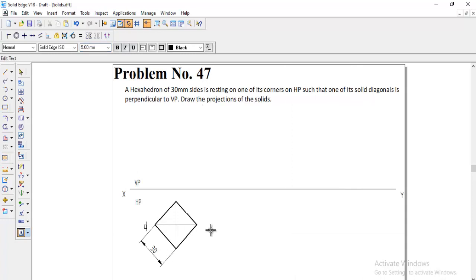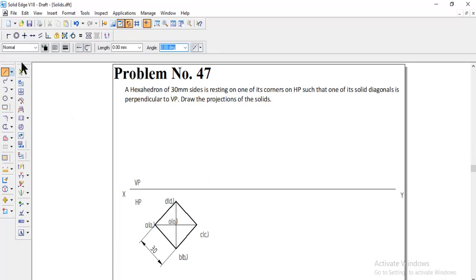This one we can get A1, and here B or B1, and then C or C1, and then D or D1, and the center O1.